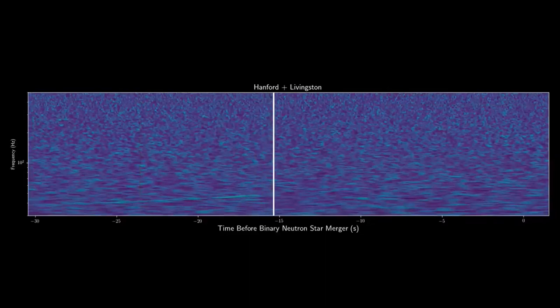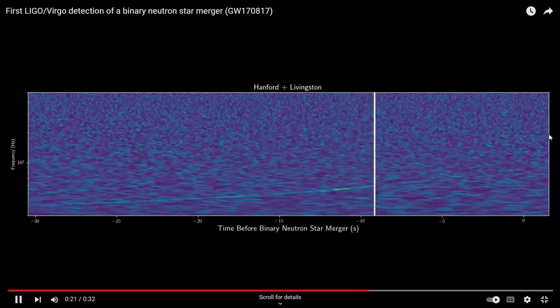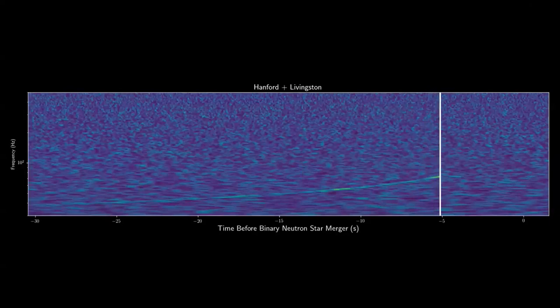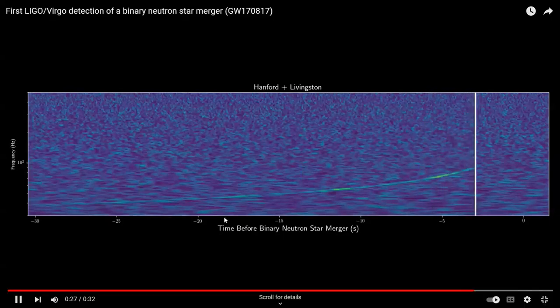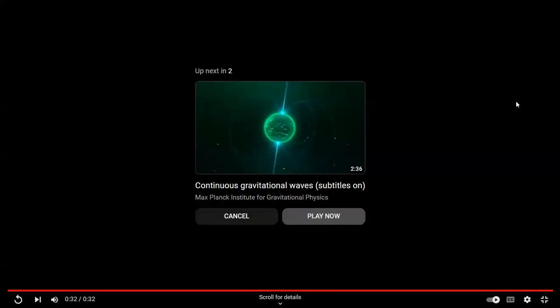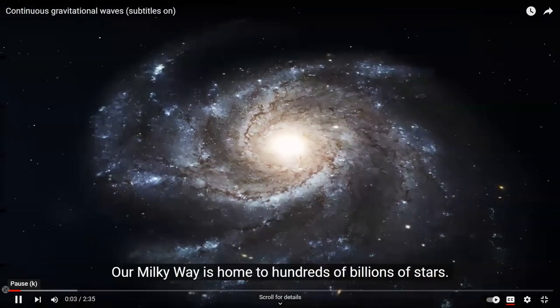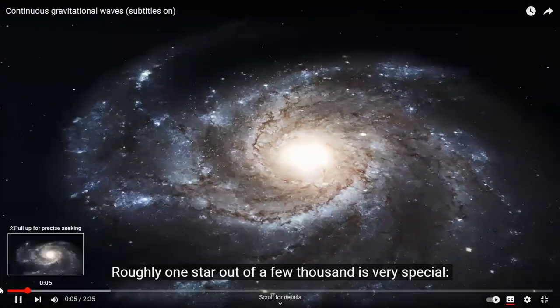Right before a binary neutron star merges. See the peak. See that line go up. Sorry, I'll play it for you once again. My God, it has gone somewhere else.